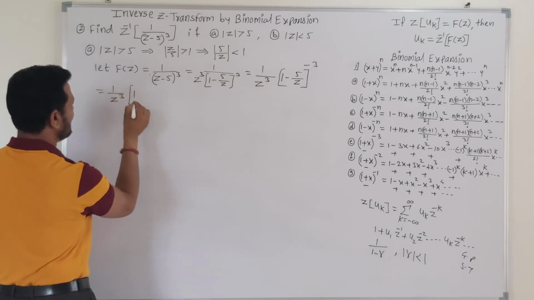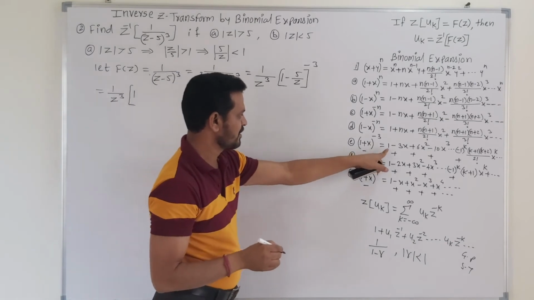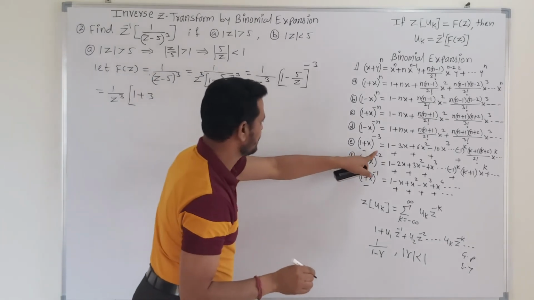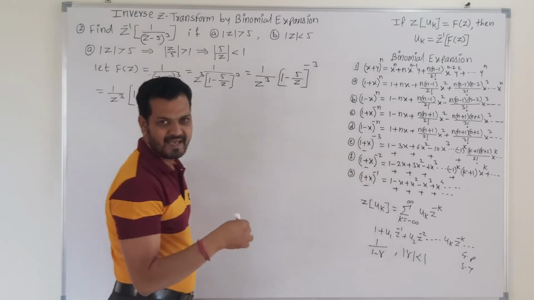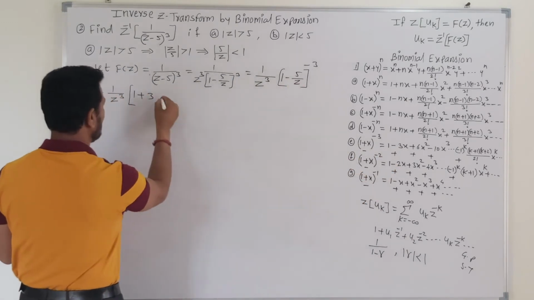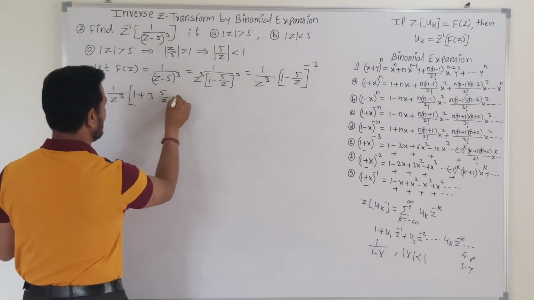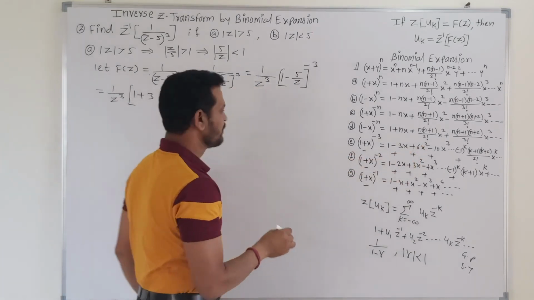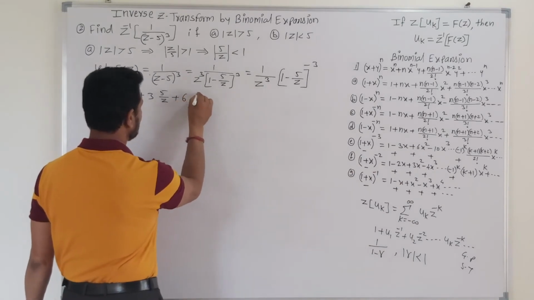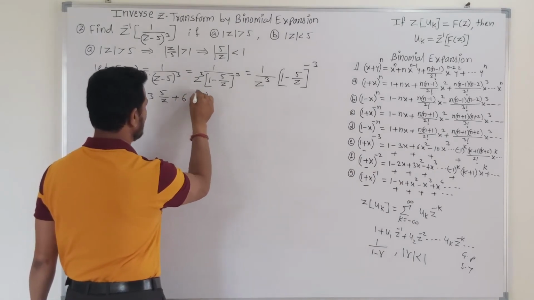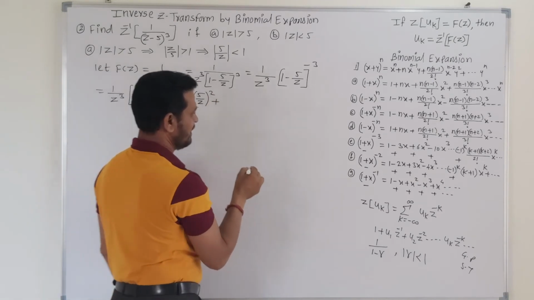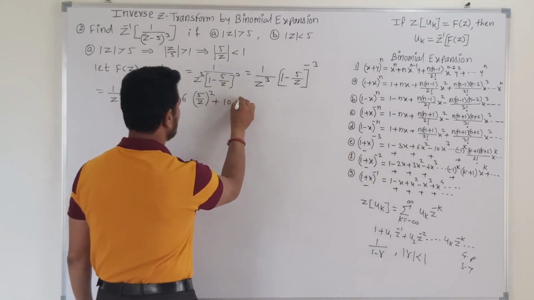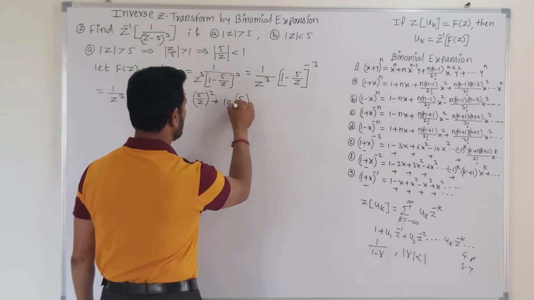Then in the bracket we get the first term as 1, plus the next term is 3, so 1 plus 3 into x, where the value of x is 5 by z. So we can write this as 5 by z, plus the next is 6x squared. So we can write this as 6 into (5 upon z) squared, plus the next value is 10x cubed. So we can write this as 10 into (5 by z) cubed